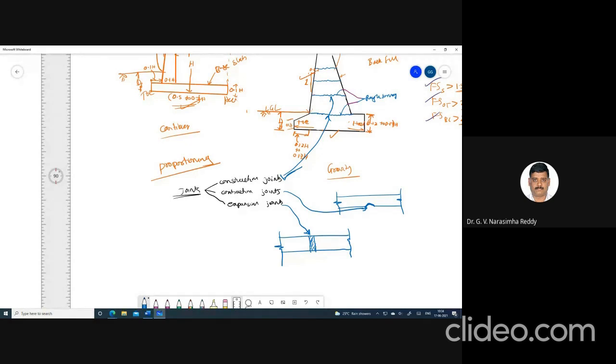And for these contraction joints, we will provide a groove here. The width will be around 6 to 8 mm, and the depth will be 12 to 16 mm. The contraction joints are vertical joints, placed in the face of the wall, so that they allow the concrete to shrink without noticeable harm. So the dimensions may be something like that. And expansion joints are provided to take into account